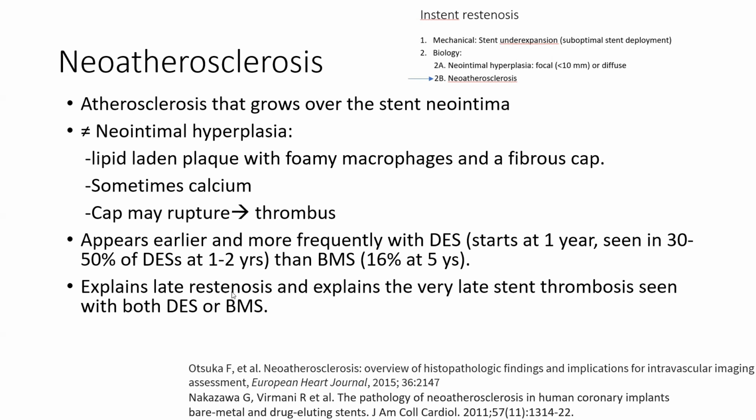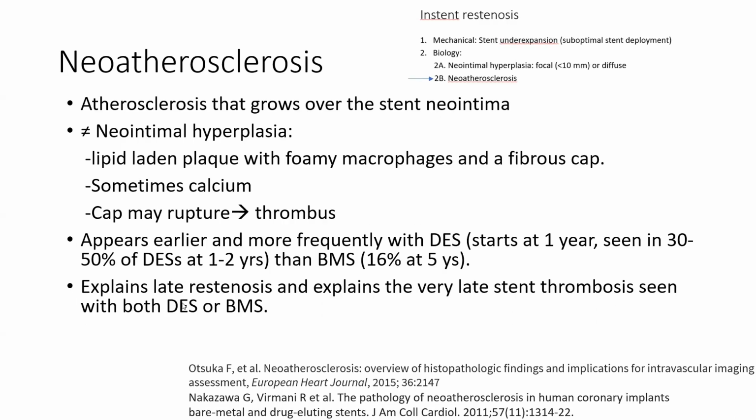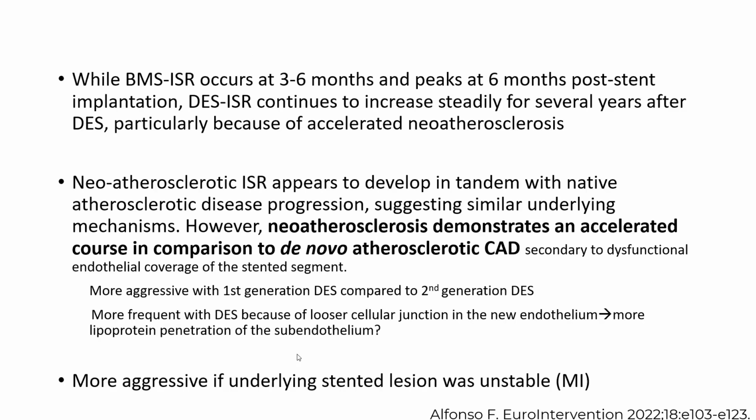Neoatherosclerosis explains late restenosis and very late stent thrombosis in both DES and BMS. Neointimal hyperplasia forms between 1 month and 1 year. Neoatherosclerosis is a process that occurs beyond a year. While bare metal stent in-stent restenosis occurs at 3 to 6 months and peaks at 6 months after stenting,